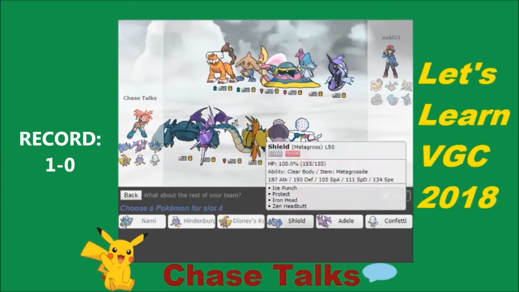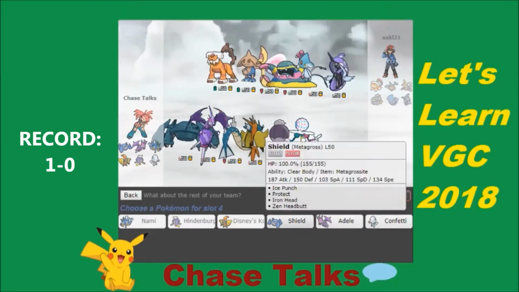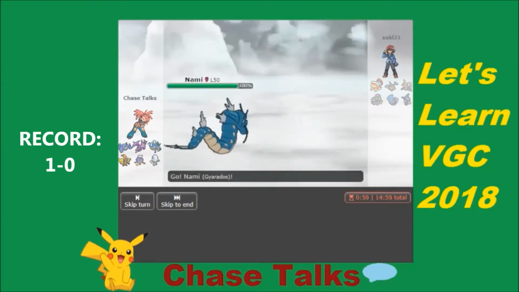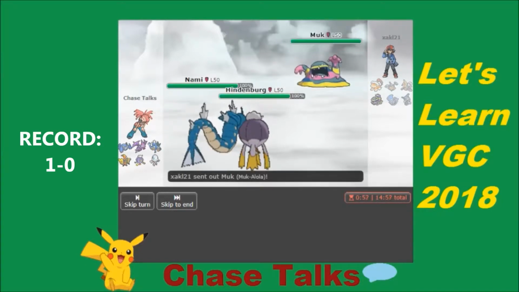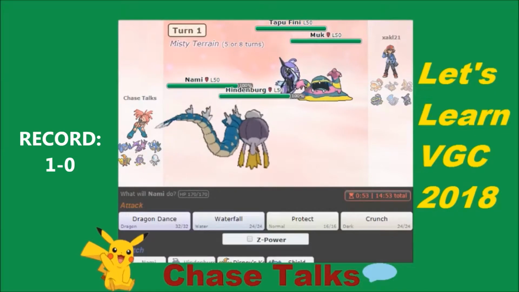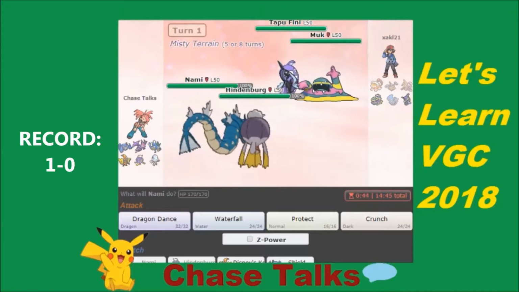The only problem is that if it's Sludge Wave, I'll be killing myself, which makes me not want to bring it at all. Yeah, I think I'll bring Shield instead. So we lead our Nami and Hindenburg, and we'll see what our opponent leads. But what I was saying before, with not having a bloopers reel for the teams and just leaving it in, I did that with the other team, the Kanto starter team. I just made some 4 battle episodes rather than making